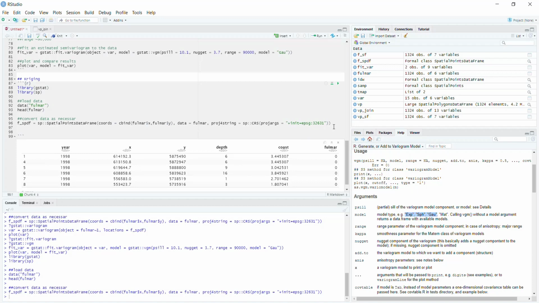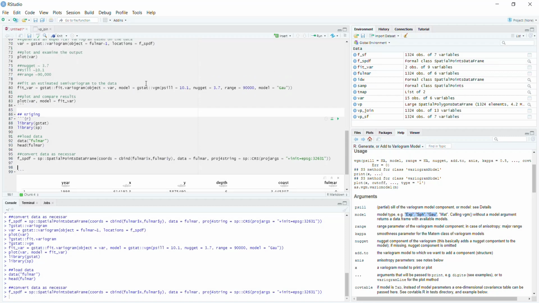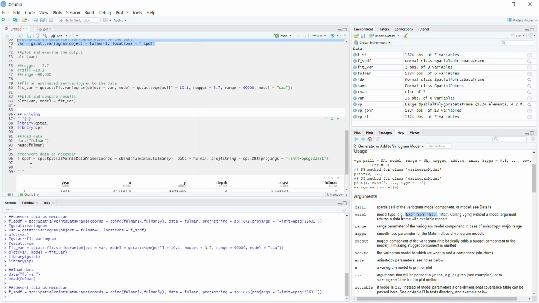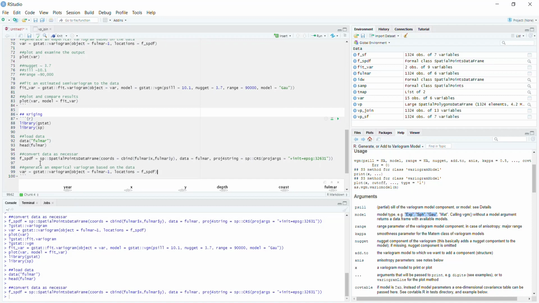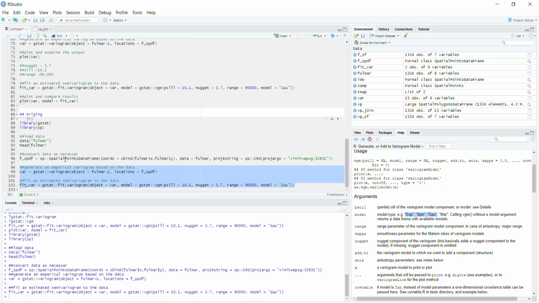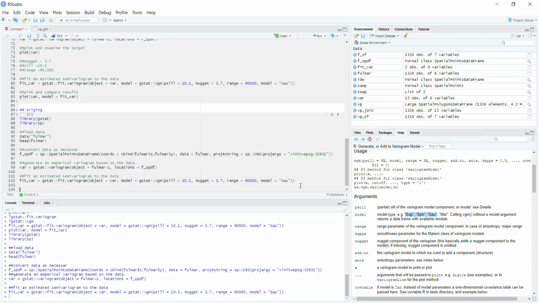So rather than going through all of that again, I'm just going to copy our code from our previous video. So if this doesn't make sense to you, I encourage you to go back and watch that video. So first we're going to generate the empirical variogram, and then we're going to use that empirical variogram to fit an estimated variogram. So I'm going to just call these two lines of code here. I'm going to run these. Okay, so now we have a fitted estimated variogram that we're going to feed into the Kriging model of